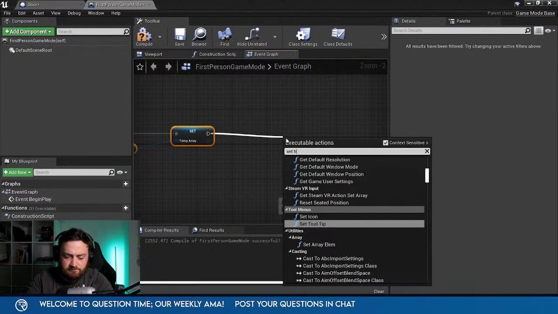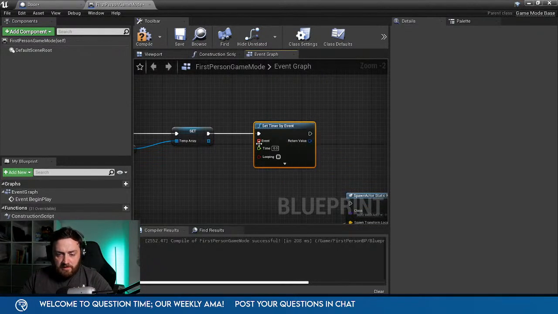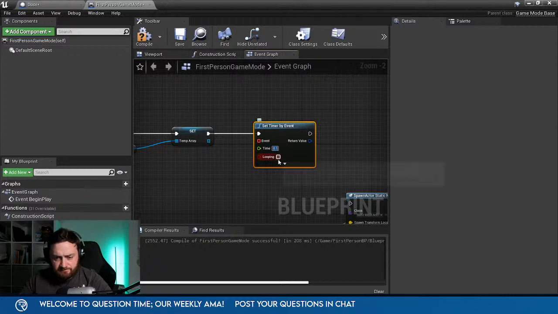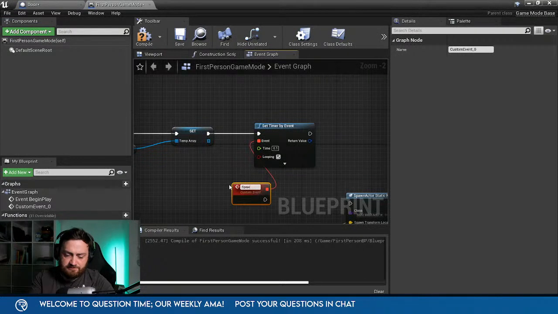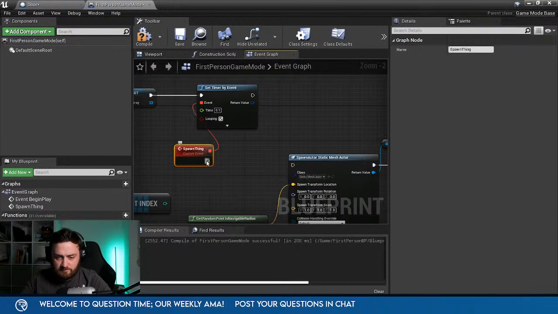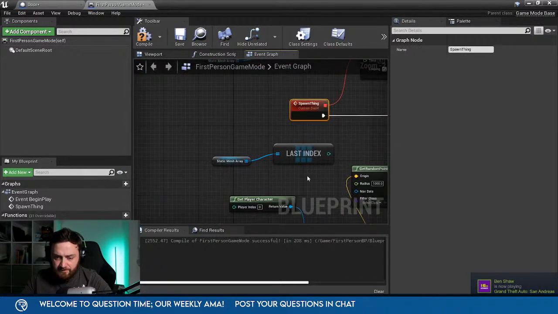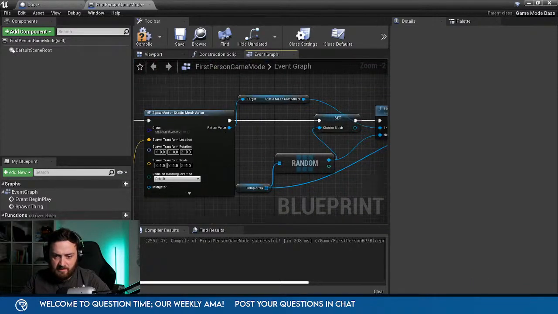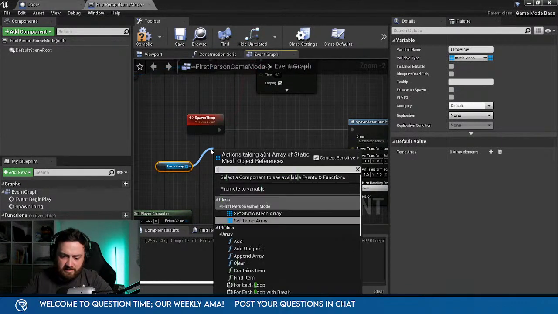Timer. Do a time of really short time, 0.1 will be fine. Looping. Custom event. Spawn thing. Goes through that. Before we do that though, we are getting the temp array here and their length.